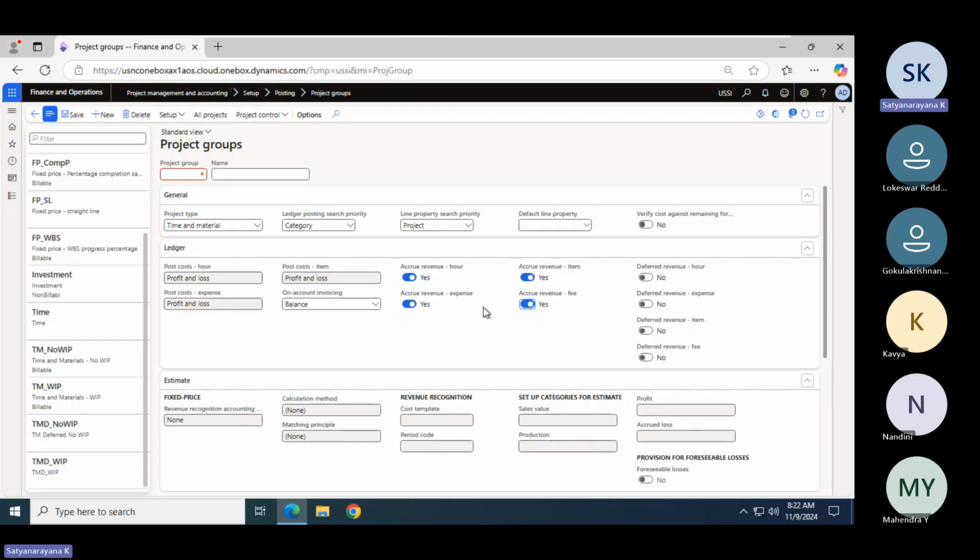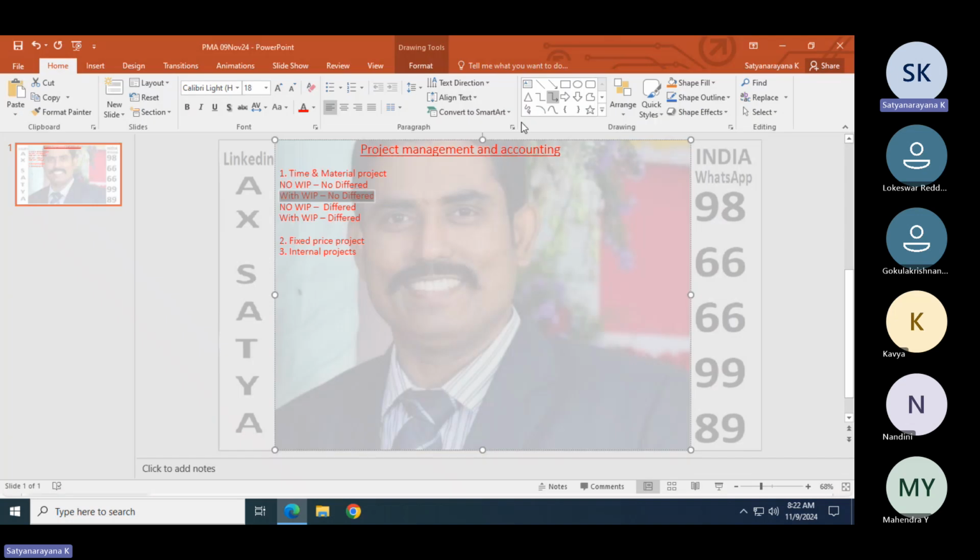The fourth one is all of these enabled. Then we will see how the system works. These four combinations you are going to learn within time and material.